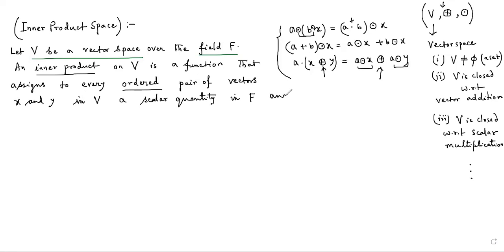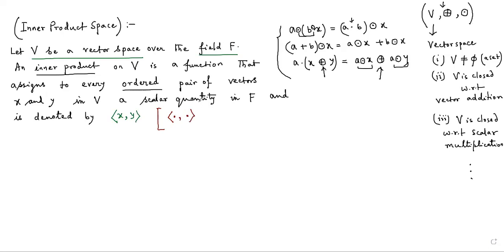And this scalar quantity is denoted by this notation, ⟨x, y⟩. That's why I say that I cannot use triangular brackets now. It's reserved for denoting the inner product between two vectors. So in other words, we can say that this notation, where I consider two vectors denoted by dots, separated by a comma, put inside a triangle,